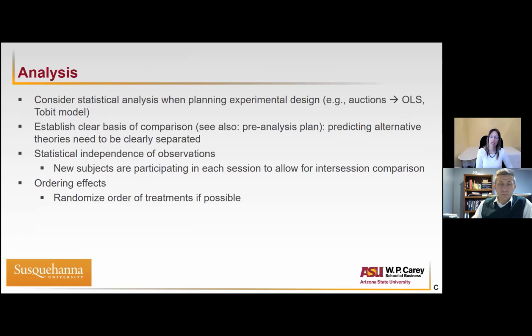So the last part we have here is that when you plan your experimental design, make sure you consider your statistical analysis already, that you actually measure everything you need, that you have the right scales and whatever you want to do later, and that you also have a plan probably written down. Pre-analysis plans are becoming more common. So when you want to predict alternative theories, you need to clearly separate that. You need to be able to write down your models before you start, so that you may not be accused of,